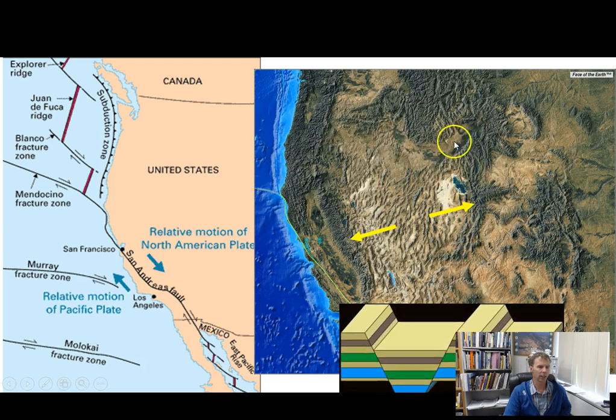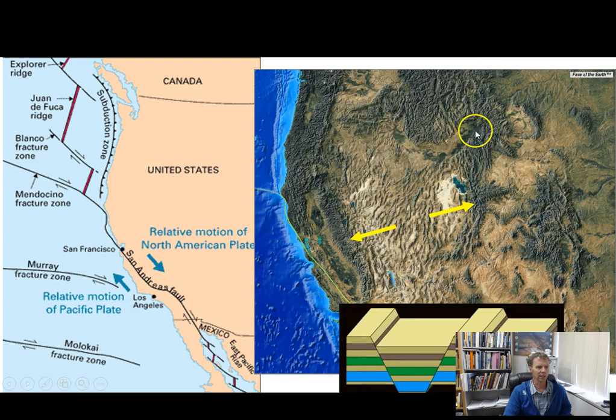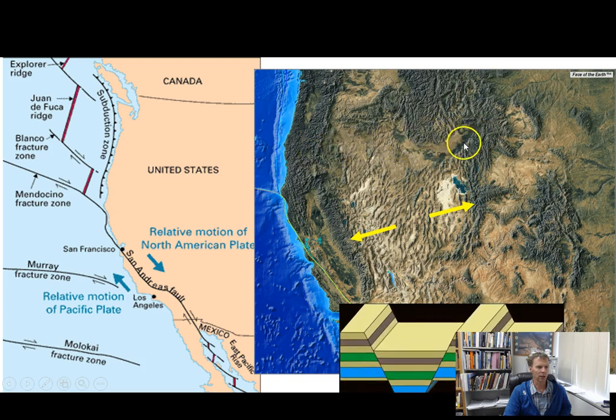Here's the Snake River Plain of Idaho. And here's the central Idaho Mountains. Really what's happening from the Cascades and the Sierras over to the Wasatch and up into southwest Montana is this entire portion of the Intermountain West is being stretched in sort of an east-west fashion. And what that does